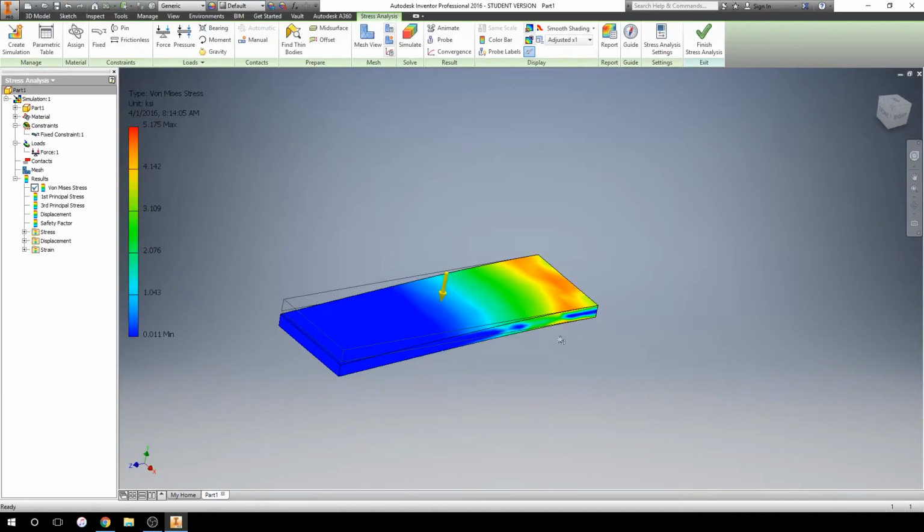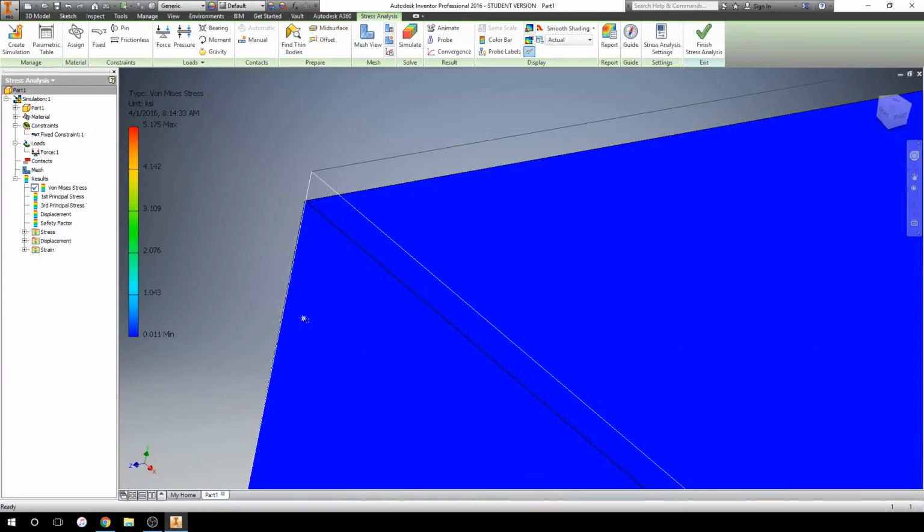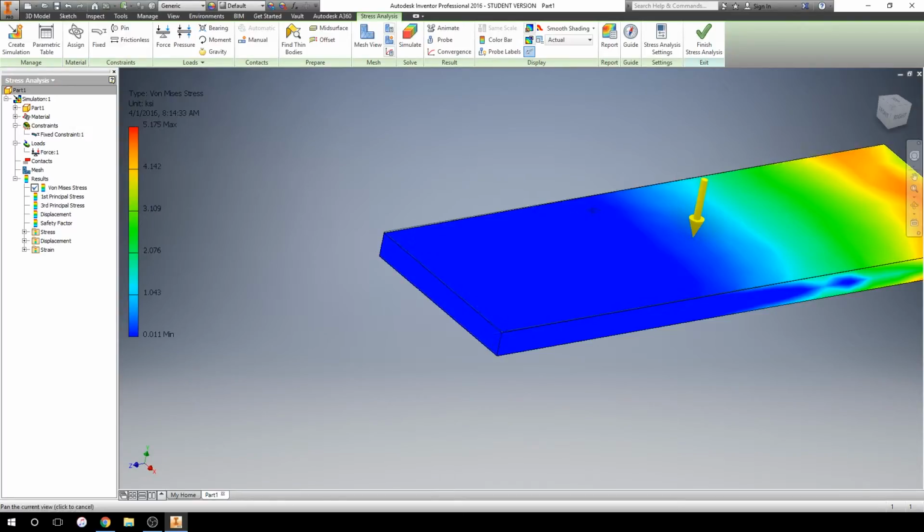Now if this fails, that means the part failed. But in this case we can see that we get a result, and this is the von Mises stress analysis. And it's adjusted, so it's exaggerated a little bit. The outline that we see right here is actually the design part, and then the bend down that we see is the deformation that we're looking at and the stresses involved. So I can change this and I can say actual, and this will show me the actual deformation, which if we zoom in real close, you can see that the actual deformation is much less than it appears in the